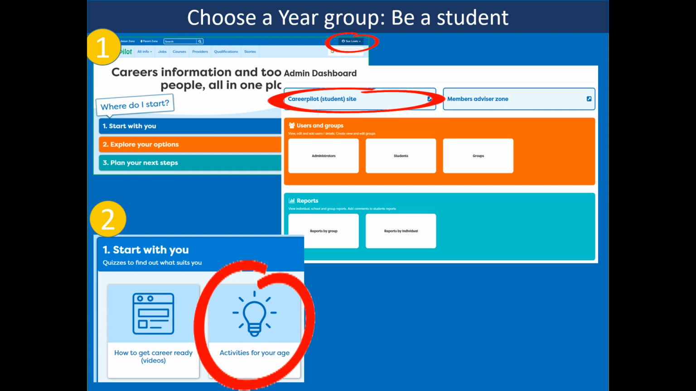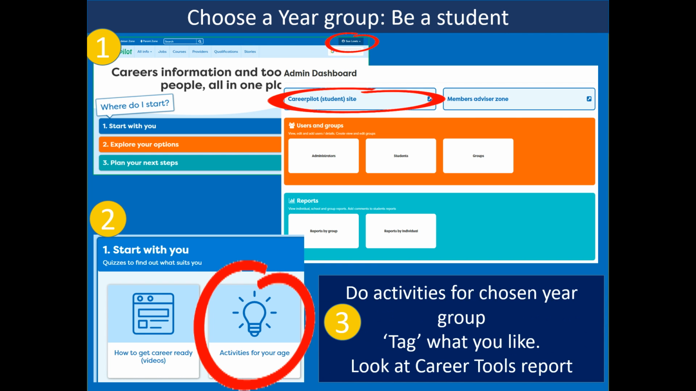What I'm going to ask you to do is to think of a year group that you want to work with, and then go to the home page, go to Start With You, and explore activities for your chosen year group. It's called Activities for Your Age. If you have a go at doing those activities for your chosen year group and tag different things as you go along, you would then be able to have a look in career tools to see what that looks like